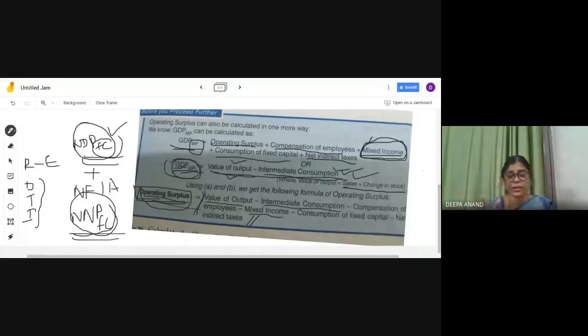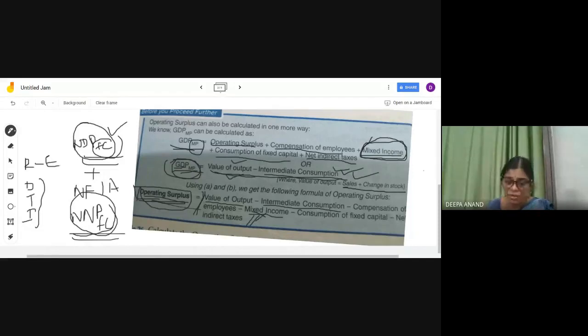From the business, what is your income? By the production activity, by the sales, when you compare the sales and the expenditure related to that particular production, what is your surplus? That you have to find out. That's why we are removing this mixed income from there. Mixed income, you know, that includes many things. It may be interest on capital, it may be rent on the owned house, and many things it includes that you have seen. So if you exclude that, then only you can know the actual business income.